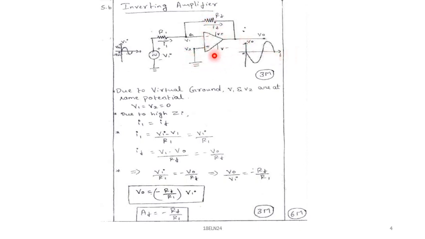Now here the circuit diagram carries 3 marks. And then, to obtain the expression for the gain, AF is equal to minus RF by R1. We know that the gain with feedback is given by A is equal to minus RF by R1, and the gain is given by V0 by Vi. So V0 is equal to minus of RF by R1 into Vi. The negative sign indicates that the output is the inverted version of the input signal. So circuit diagram and waveform 3 marks and the derivation 3 marks. So total it is 6.